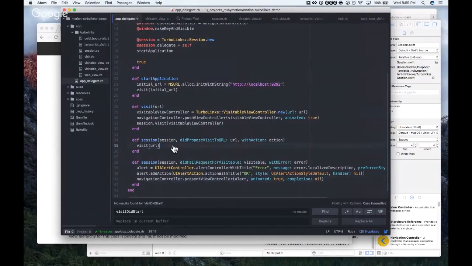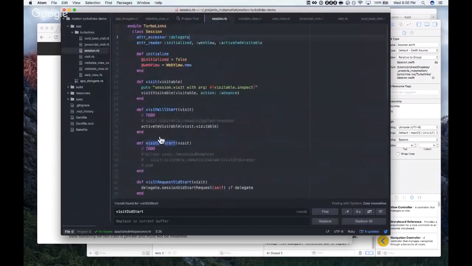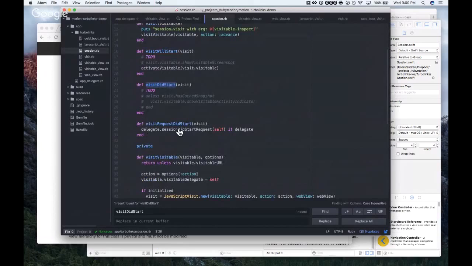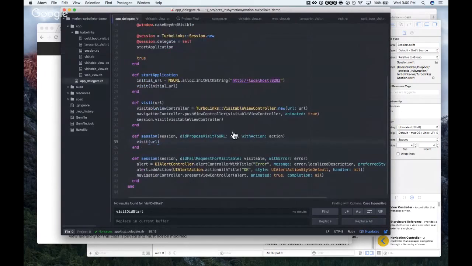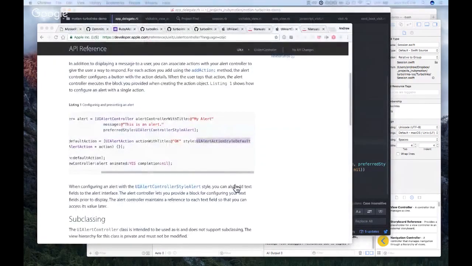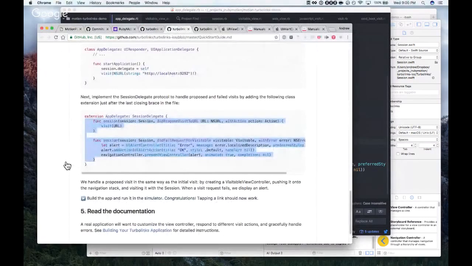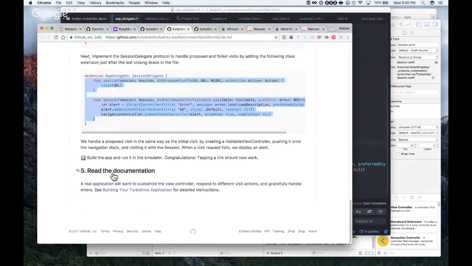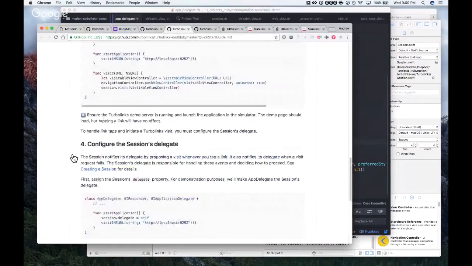Yes. So the part that we haven't implemented yet, maybe that's the next thing it's going to tell us, is that line that failed was this one here. Session did start request. So we haven't defined a session did start request. I'm guessing that's going to be the next thing we need to implement in our app delegate. And yeah, it doesn't mention that.